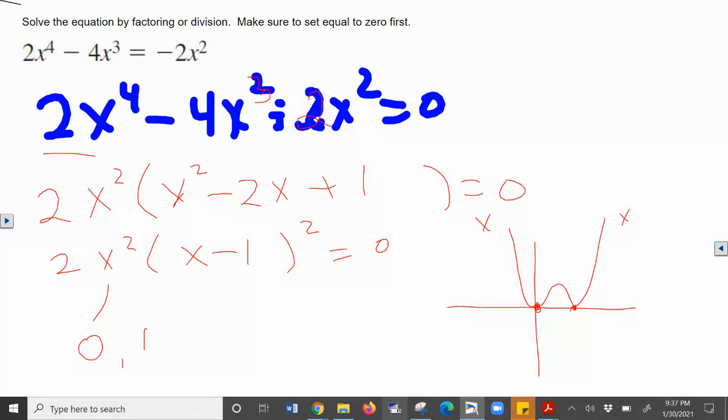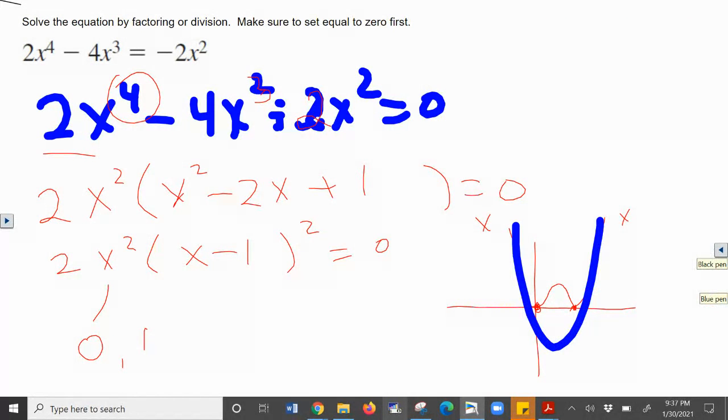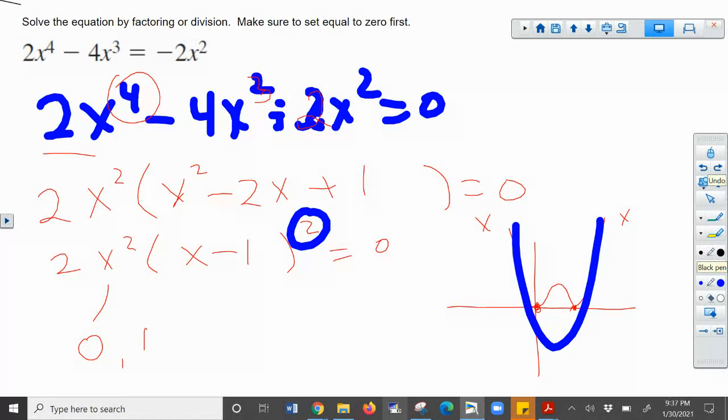That'd be my guess, because I see that it's got 4 possible roots, and it's going through at 0 and it goes through at 1. So I don't think it can go like that, because then it wouldn't have this double root and this double root. I'm thinking it bounces off of those two, but you could graph it and find out for yourself and see what it does. It probably does something